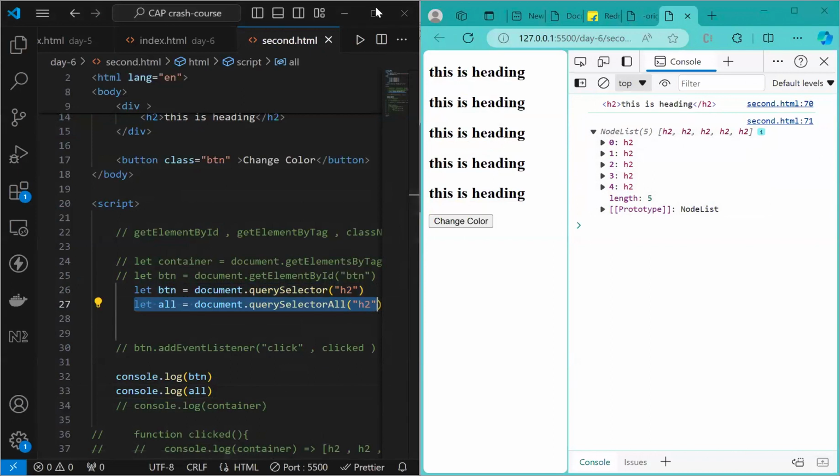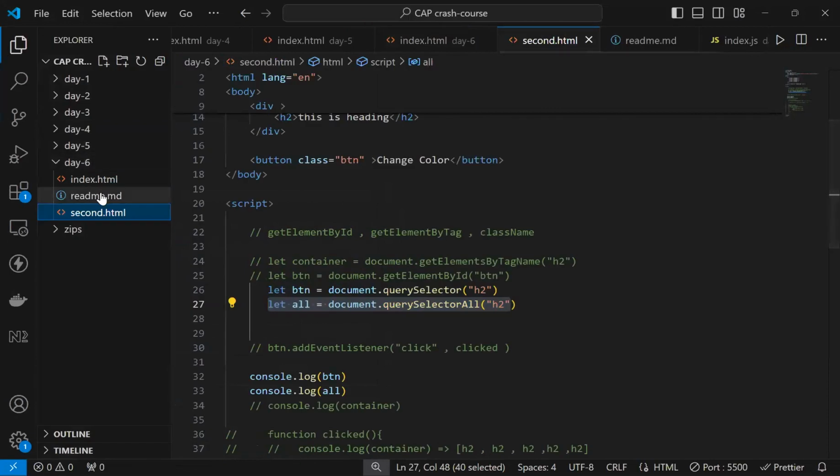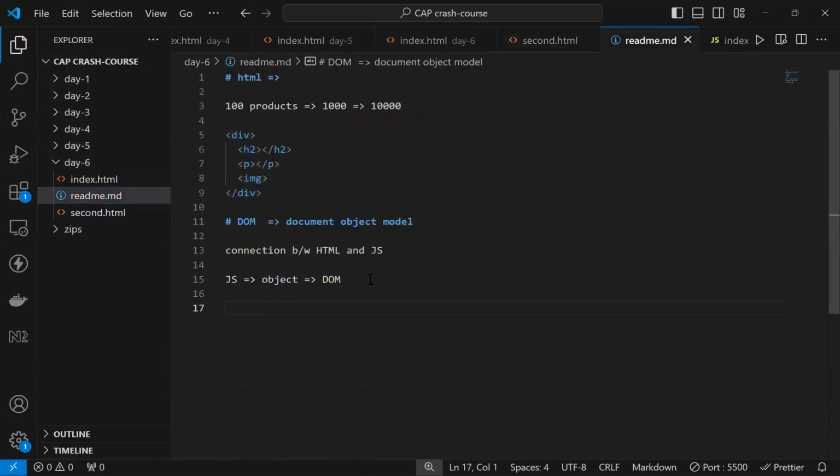Right? So let's now do a quick recap of what we have learned so far. Here we have learned how to access elements. Do we know that? How do we access an element? There are a few different ways, right? Either we can do get element by ID, or we can do elements by tag name, right? In the same way we have class name also. You can try that out. But rather than going for different ways, we can just go for a single way, one single way,